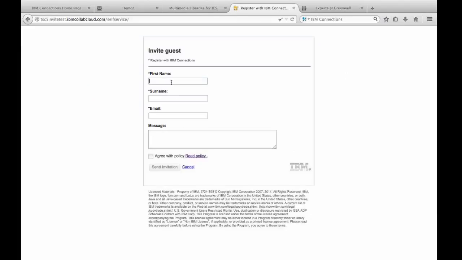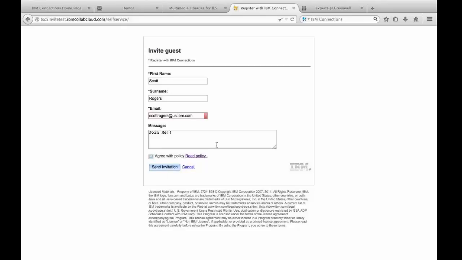Similar to what we see in some of the other IBM deployments, whether it's the Greenhouse or Connections Cloud, a lot of you are going to be used to the simple invitation model. We're given a first name, a last name, an email address. That's all it takes to invite somebody in. Now we can wire that into certain conduct policies again and all that, and then invite the user to join us in the collaboration. In this case, I have chosen to invite a guest,